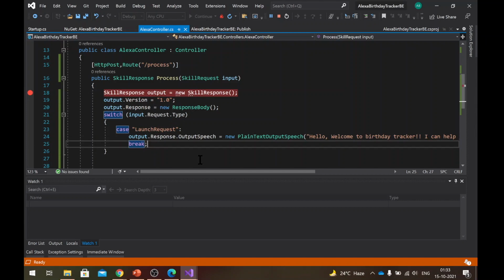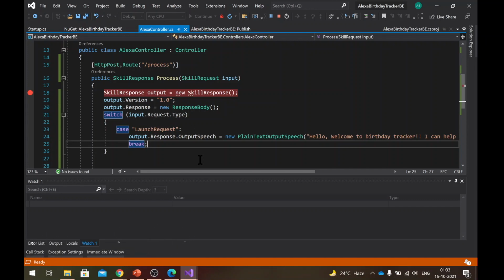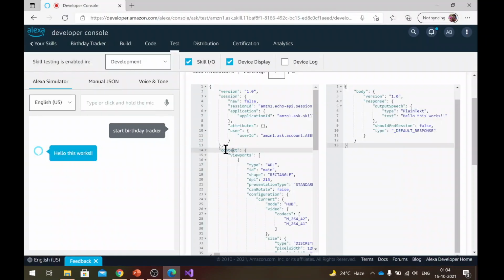The next thing that I wanted to cover here was that intent request. We have not tested that yet with the backend. So for that, we'll have to know what is the type of that intent request. So I will go back to the Alexa testing environment, and here I will say, when is the